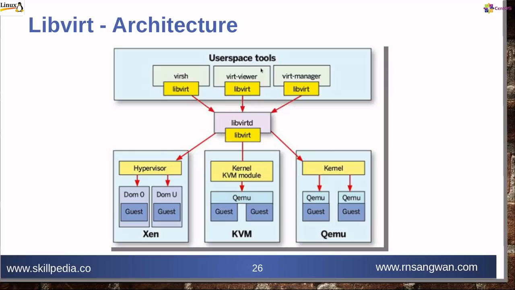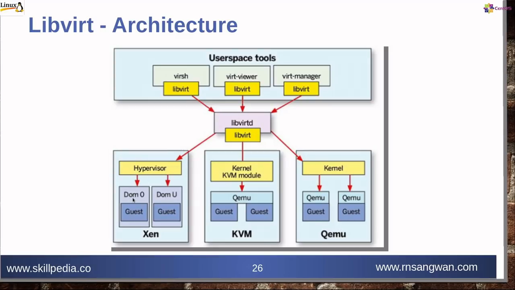Architecture of libvirt: it runs in user space. User space basically is what? It is a memory area allocated for the kernel, and the system call made to the kernel is clone. So when you run this user space tool, Virsh or Virsh Viewer or Virt Manager, all of them use libvirt to make API calls to the daemon, which is libvirtd, and then they use this